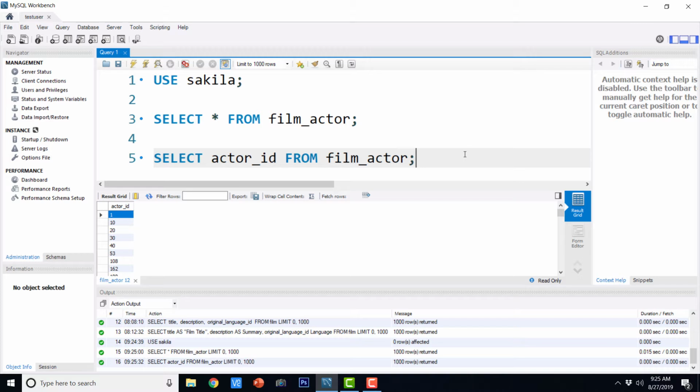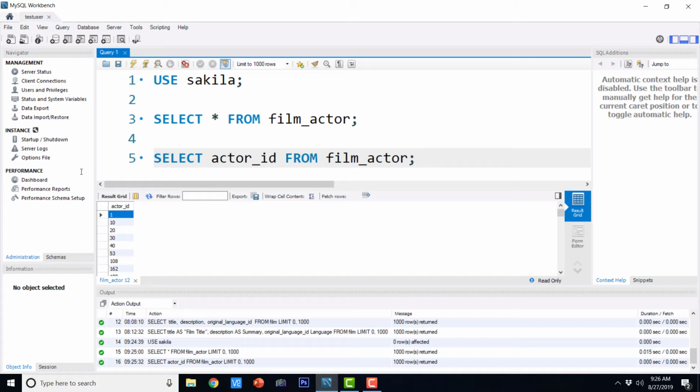This means that I just want to have one entry in my output result set for multiple entries of a particular actor ID. Okay, many to one. So suppose there are 10 entries for actor ID equals 1, then in my result set it will be only one entry. Similarly, if there is only one entry for the actor ID 2, still in the result set there will be the one entry, and so on.